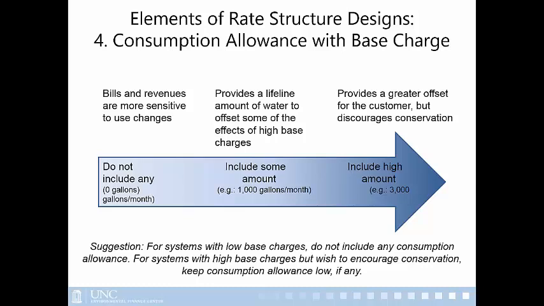On the low side, if you don't include any consumption allowance, then what your rate structure is doing is setting volumetric rates for the first gallon, so it incentivizes water conservation more than a rate structure that includes a consumption allowance. And for some customers, we've heard, especially low-using customers, some have complained, saying, why is my utility charging me $50 a month for 2,000 gallons or for 3,000 gallons, and all I'm using on average is 1,000 or 1,500 gallons a month? Why am I paying for that extra 500 or 1,000 gallons that I'm not using every month? So there is a little bit of an affordability and an equity question that comes into this as well.